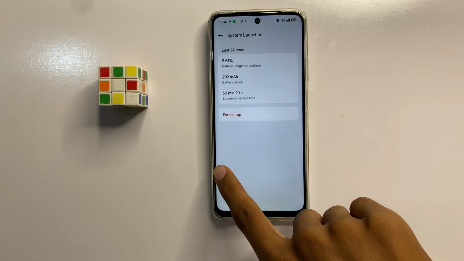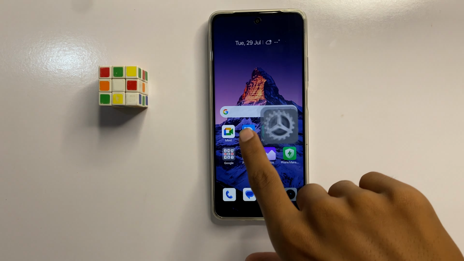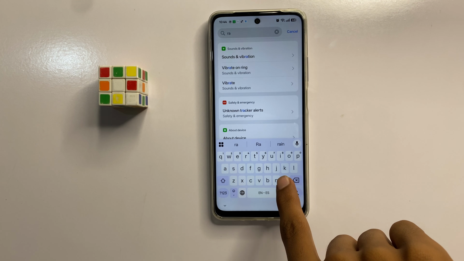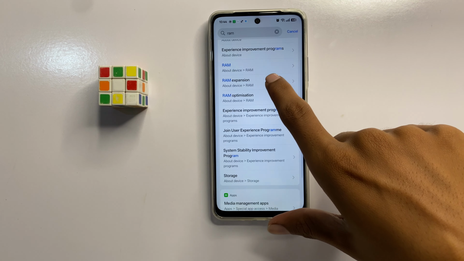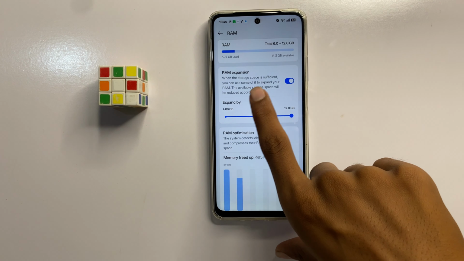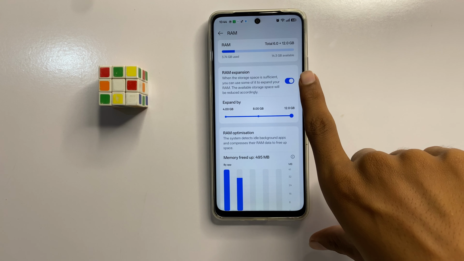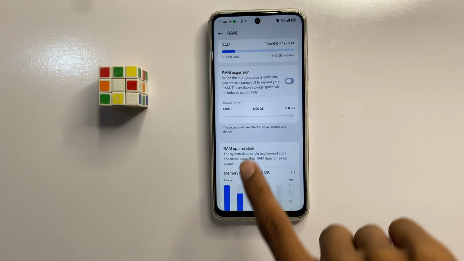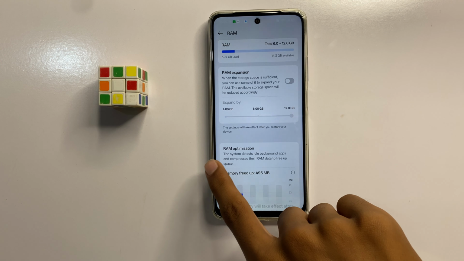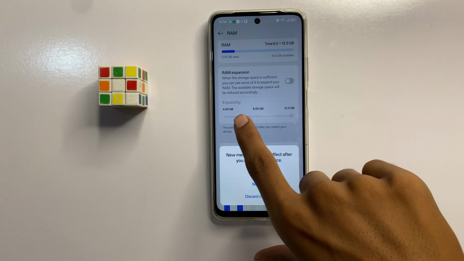After that, go back and search here RAM expansion, and now here you can turn off your RAM expansion. If it is turned on, then turn it off. After turning off your RAM expansion, then go back and